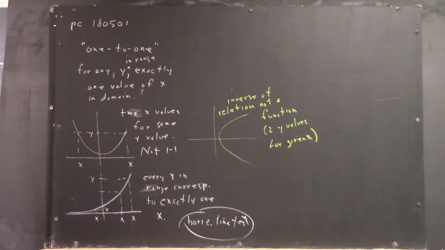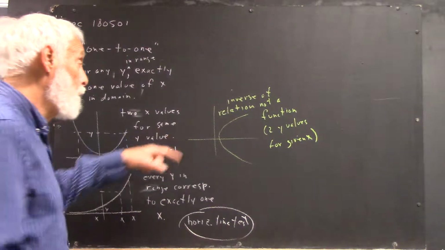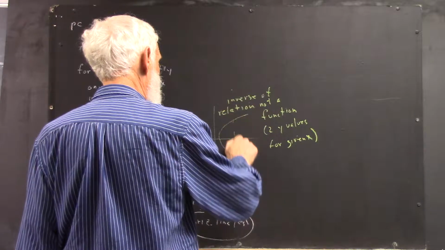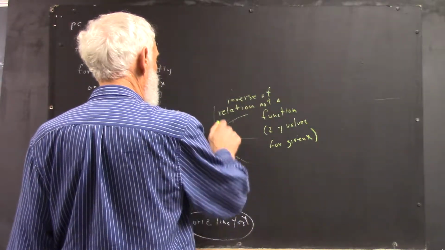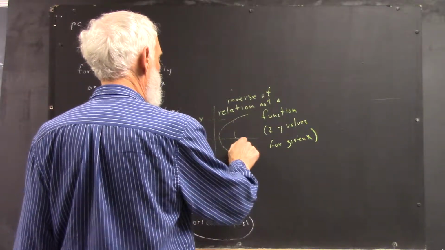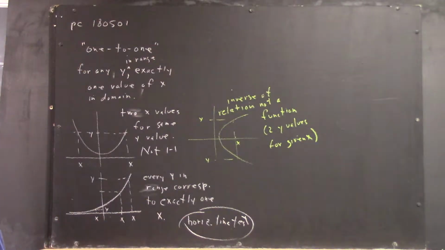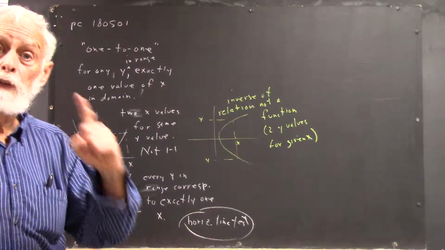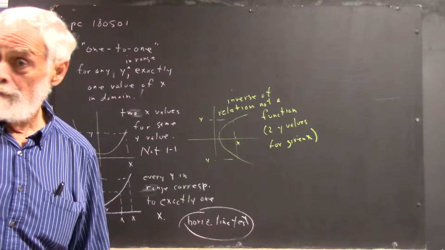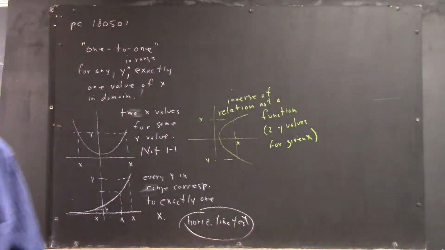in the domain, right? Of course, given x here, there's no y value, but here's an x value and here are two y values. Okay? It's not a function because a function gives you exactly one value. Okay? If we